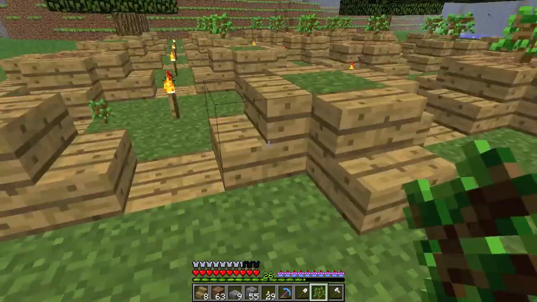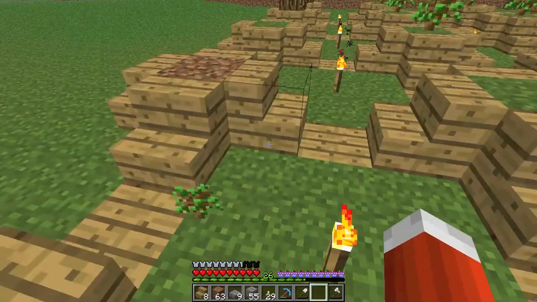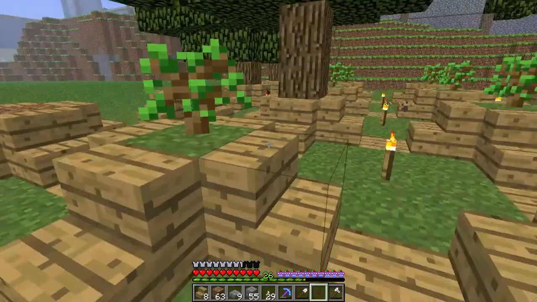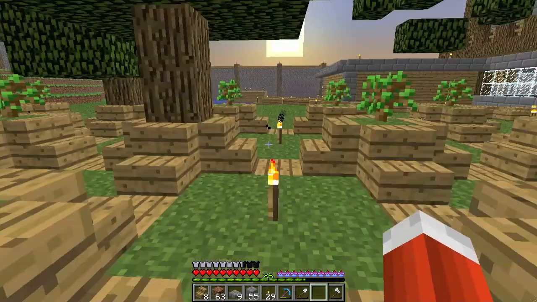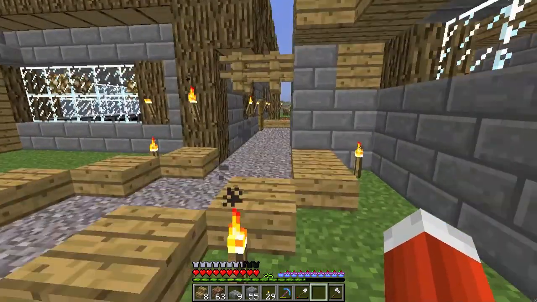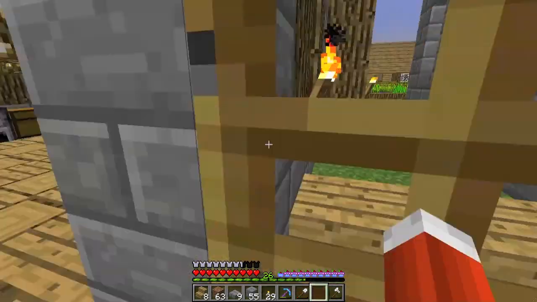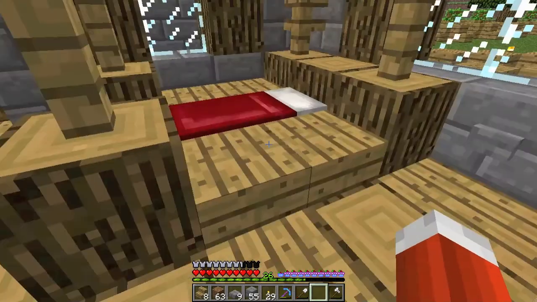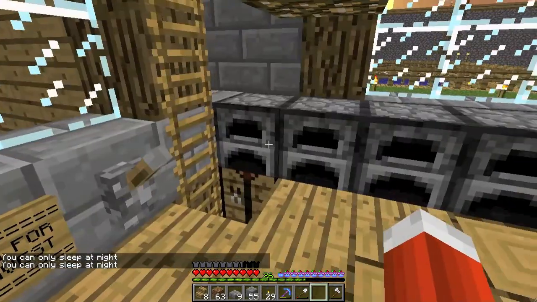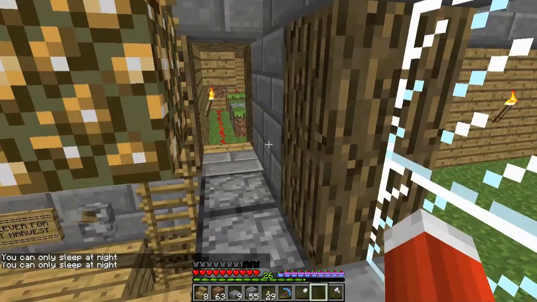And what's good about this tree farm is that you can space them pretty close together, because there are certain blocks that don't hinder the growth of trees as long as they're not directly where the trunk is going to grow, and one of those is leaves. And so that was a weird sound. And so if you have leaves,